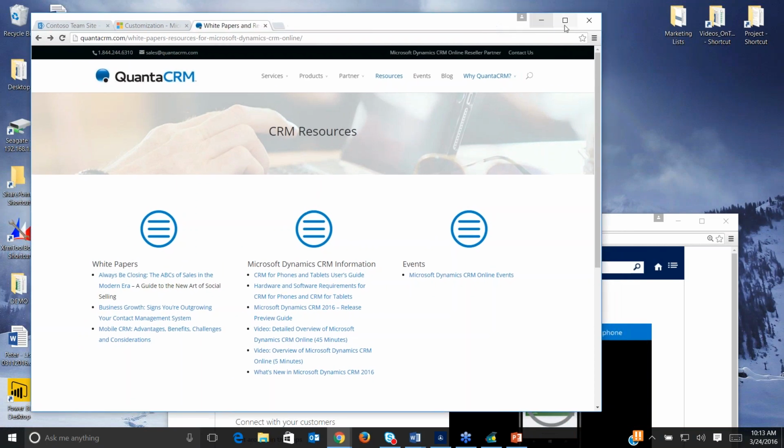One thing I want to focus on a little bit here is Brian kind of laid out why Microsoft has such a big focus on their mobile investments. And as I've been diving into these apps over the last few weeks, it's just incredible what they're doing. So there's a CRM app for phones, there's a CRM app for tablets,